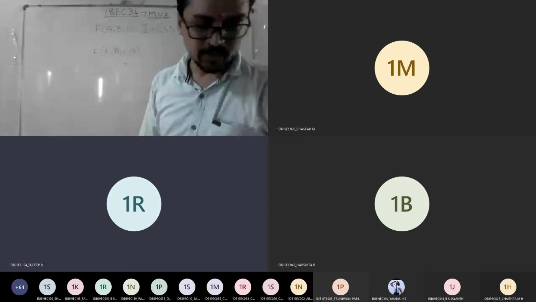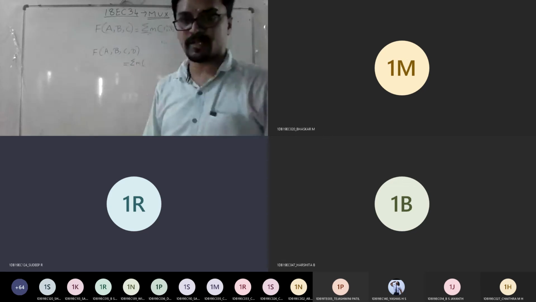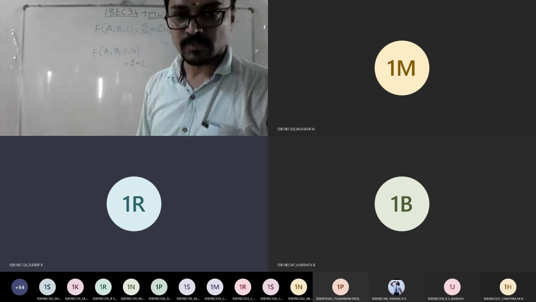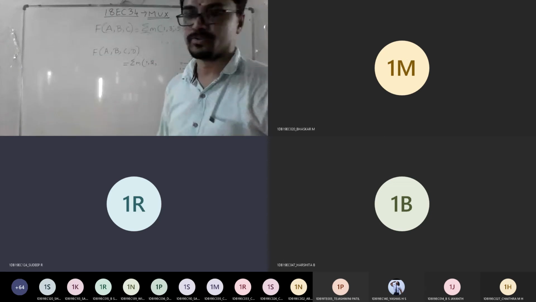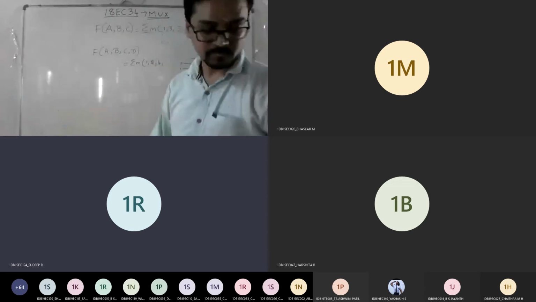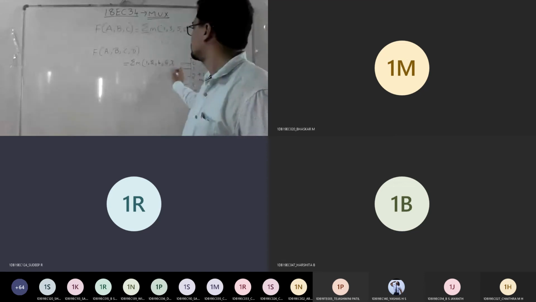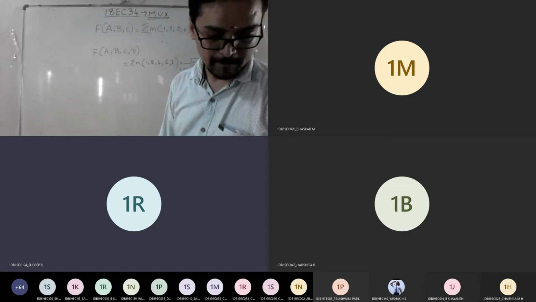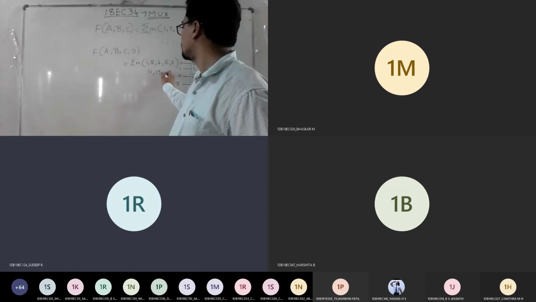Summation, the values are given as 1, 2, 4, 6, 7, 11, 13, and 15.